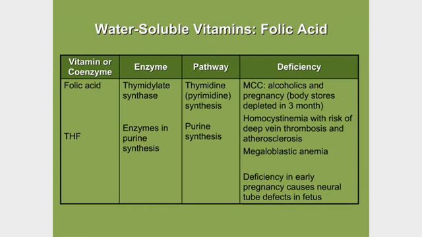Folic acid, in my opinion, is one of the 2 most important water-soluble vitamins for the National Board. You're likely to see a folic acid question on boards, almost guarantee it. Folic acid is very high yield, used to make the coenzyme called tetrahydrofolate, THF. THF is needed by a number of enzymes in pyrimidine and purine synthesis, and it's involved as a carrier of